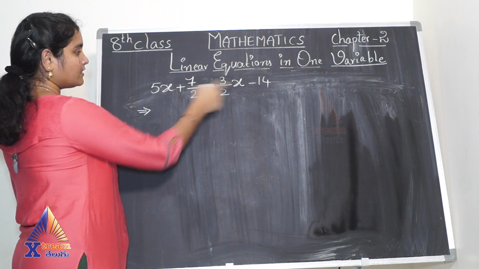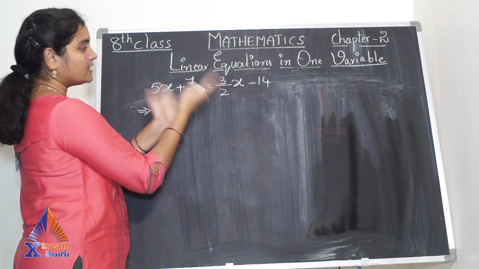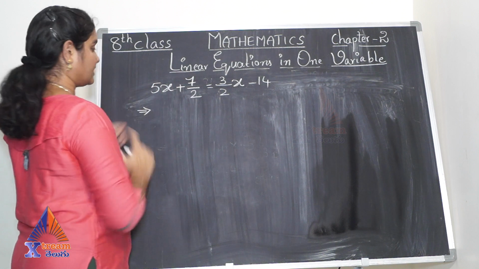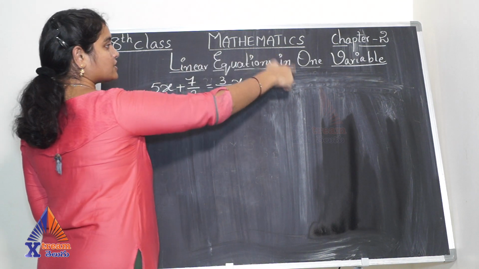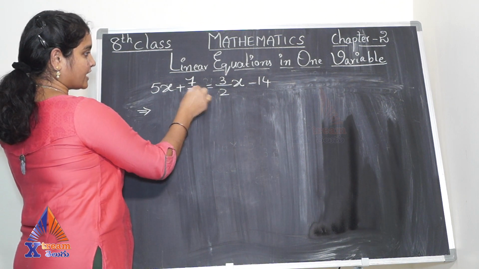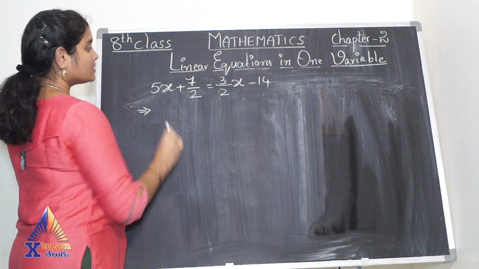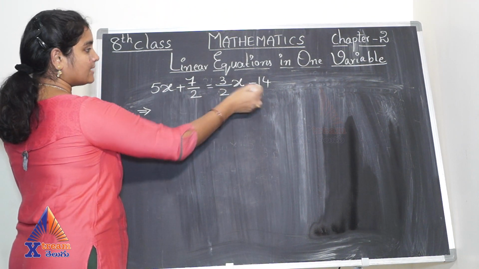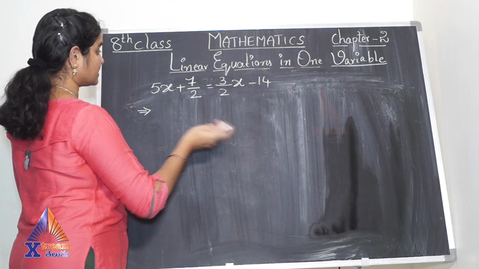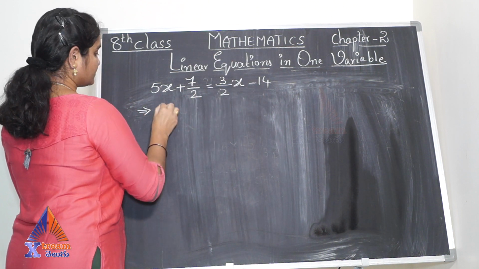So if you observe, on both sides of the equals sign, that means on LHS and RHS, we have variables, that is the same variables, since we are dealing with a linear equation in one variable. Here in this case you have a fraction and one normal term. So what we have to do is take the LCM on both sides with their respective terms. Now here the LCM becomes 2 and here also the LCM becomes 2.